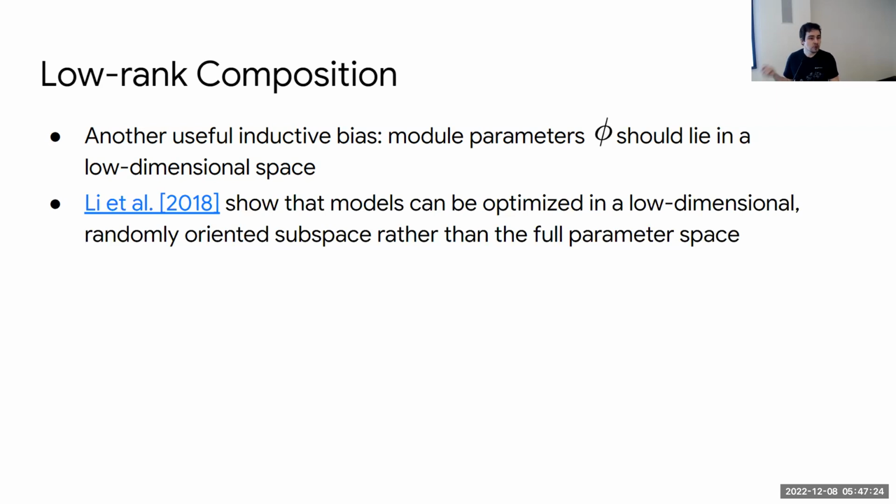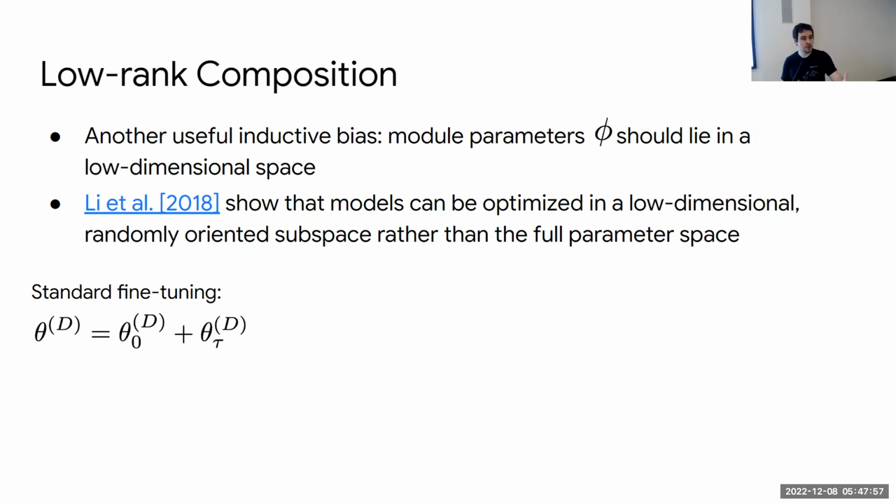One very influential and insightful study in this area has been a study by Lee et al. at ICLR, which essentially showed that for any model, you can optimize this model in a low dimensional randomly oriented subspace and for many models achieve reasonable performance if the subspace is sufficiently large. So what this means in practice,